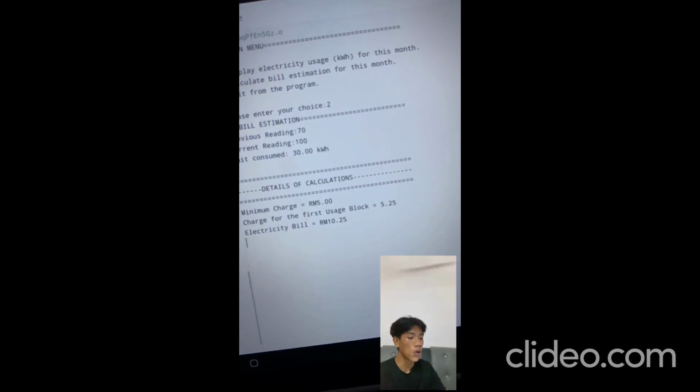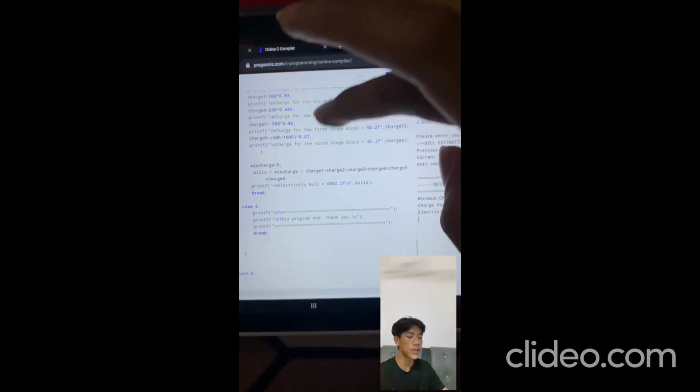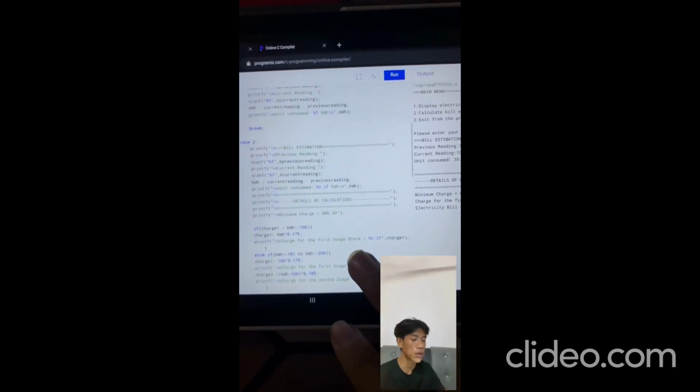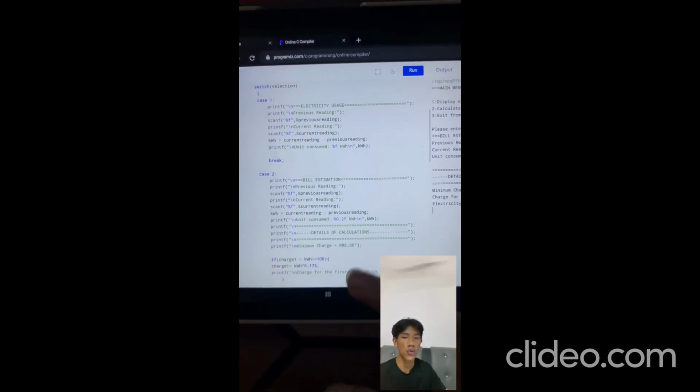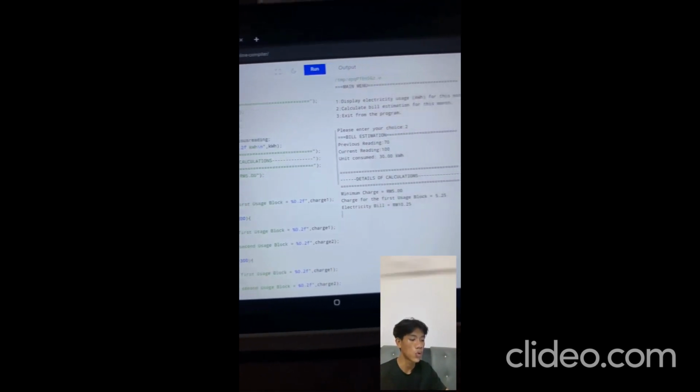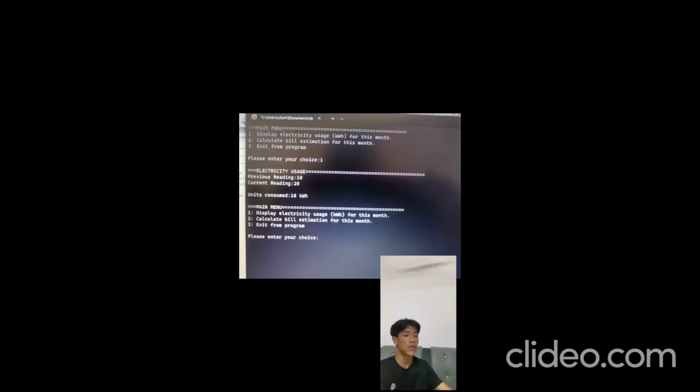Next, kilowatt hour larger than 101 and below 200. For charge 1, we will use the formula kilowatt hour times 0.175, so it will be 100 times 0.175. And then next, for charge 2, the formula is kilowatt hour minus 100, and then we times the value with